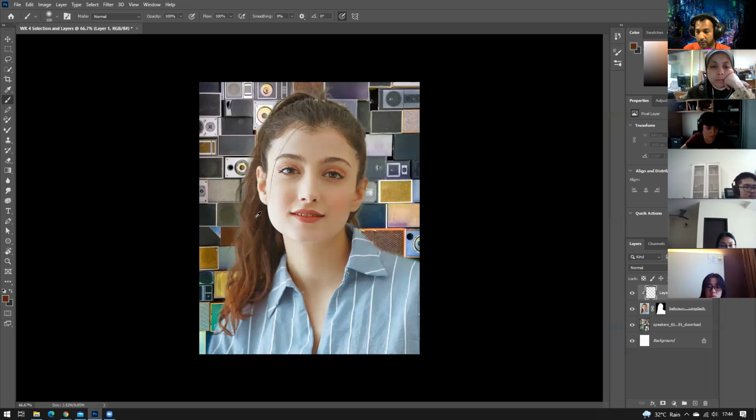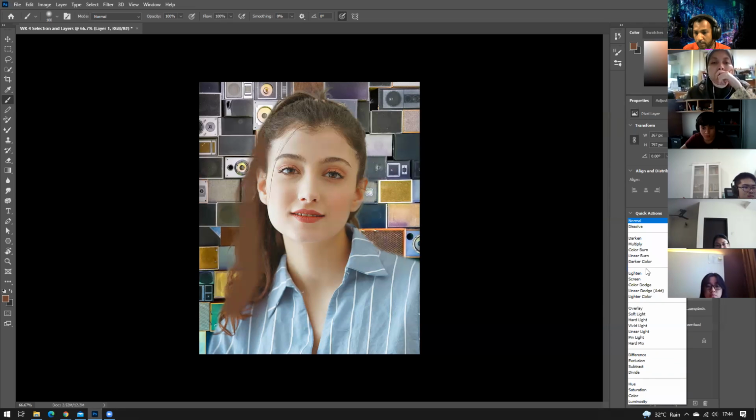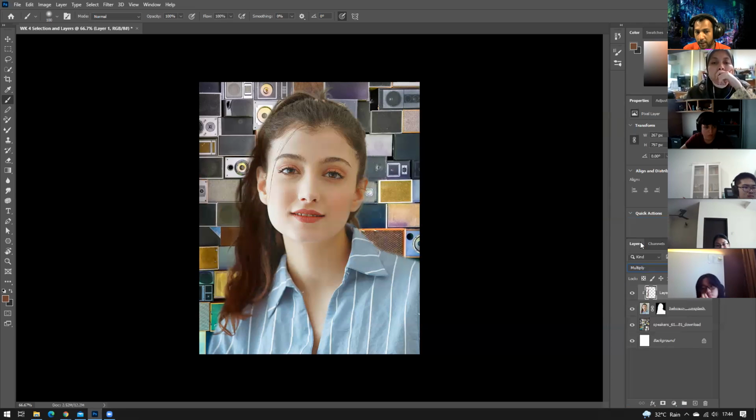Just choose any of these colors, or any darker color, lighter color, and all you have to do is paint over something like this, at the edges, and then choose the blending option, change it to multiply. Done. You can see,